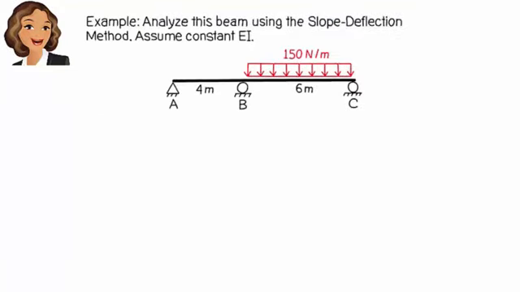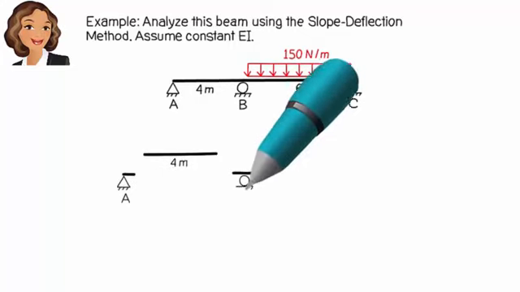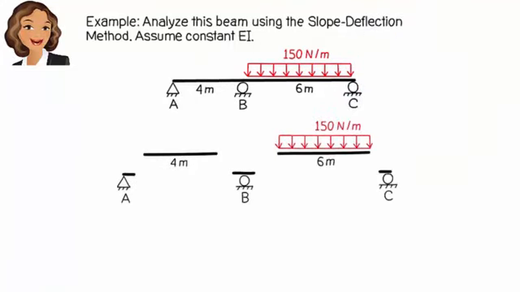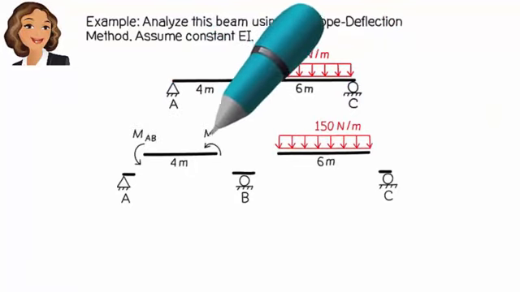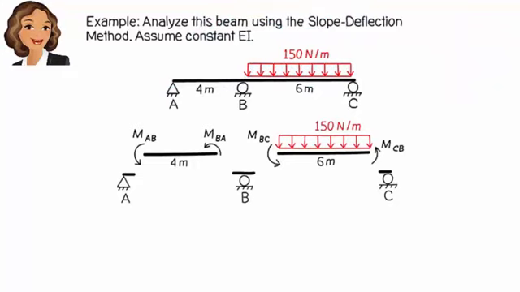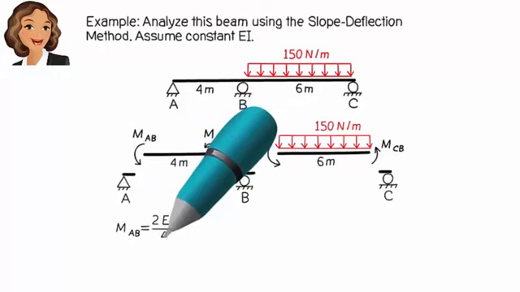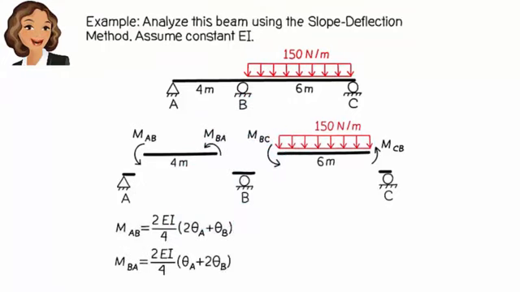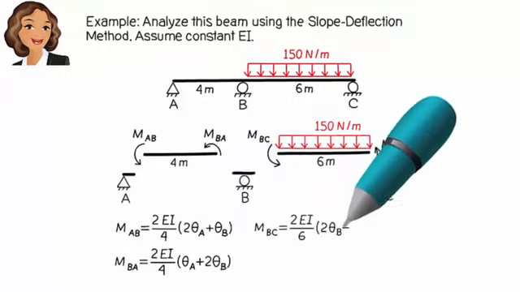Let's use an example to see these equations in action. Here is a continuous beam subjected to a uniformly distributed load. To analyze the beam using the slope deflection method, we are going to separate the joints from the members, like this. For each beam segment, we show the member end moments in the positive direction, like this. Then we write the slope deflection equations for each segment. For segment AB, we get. For segment BC, we have